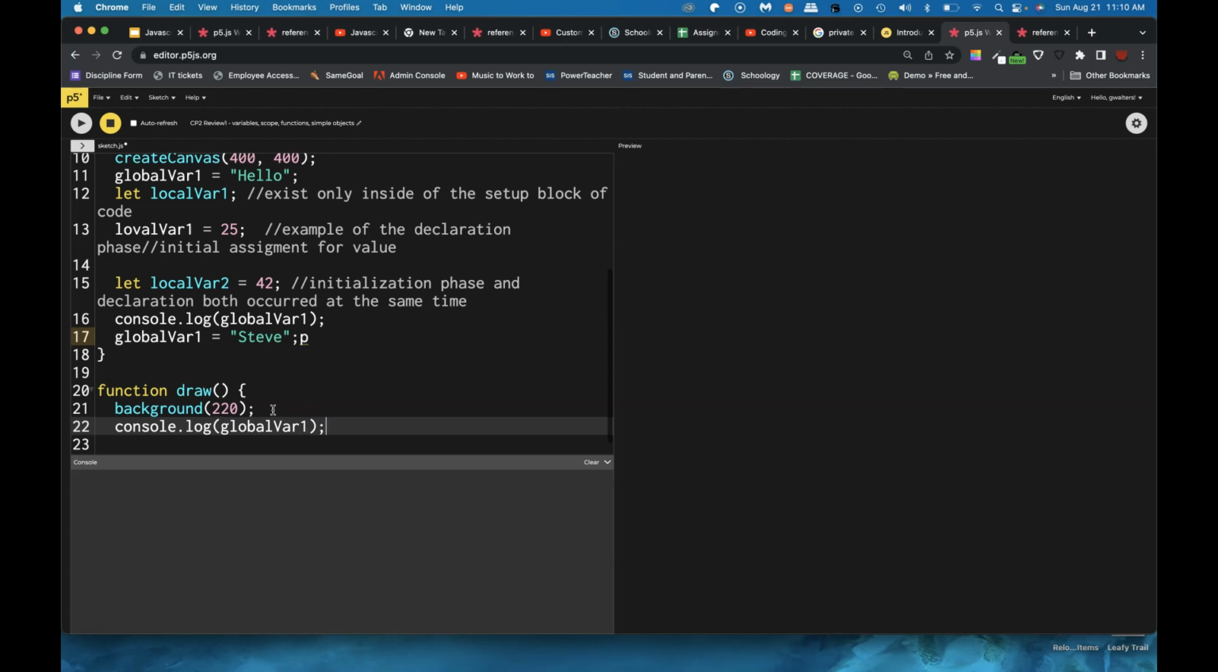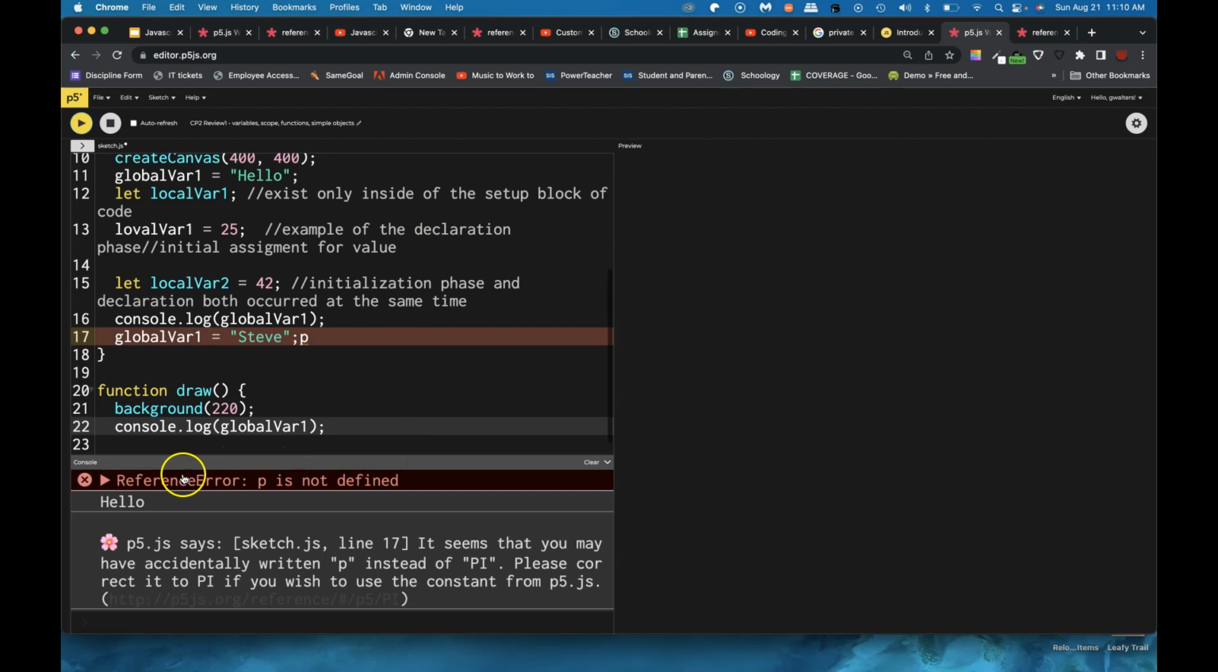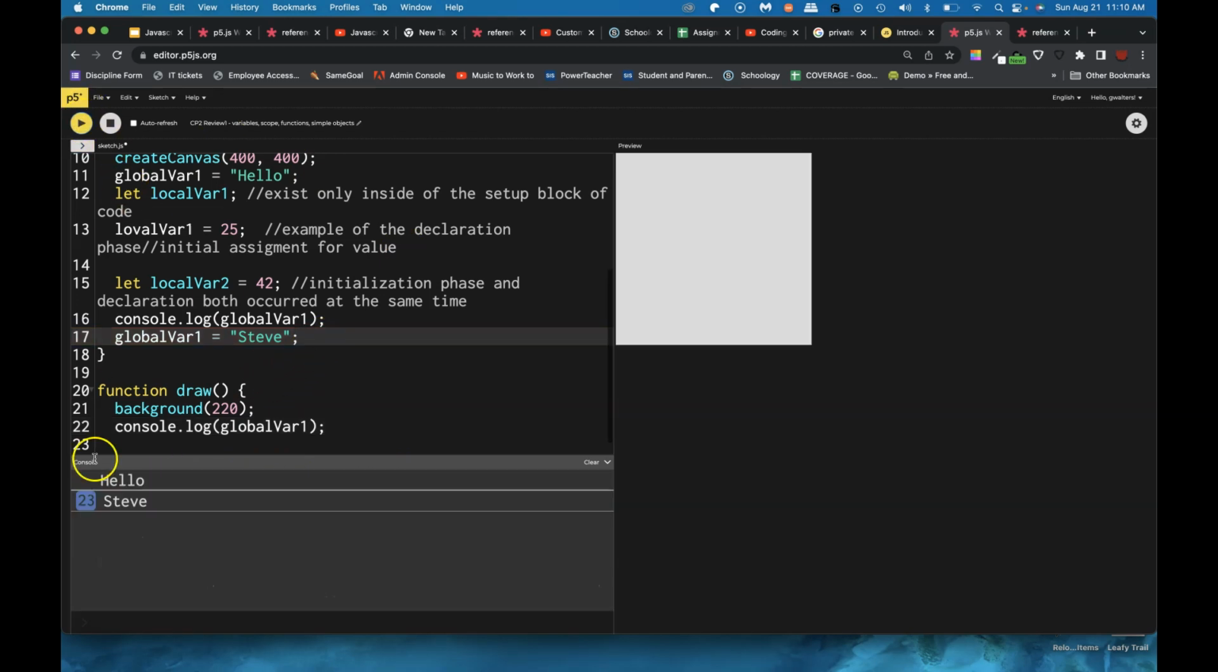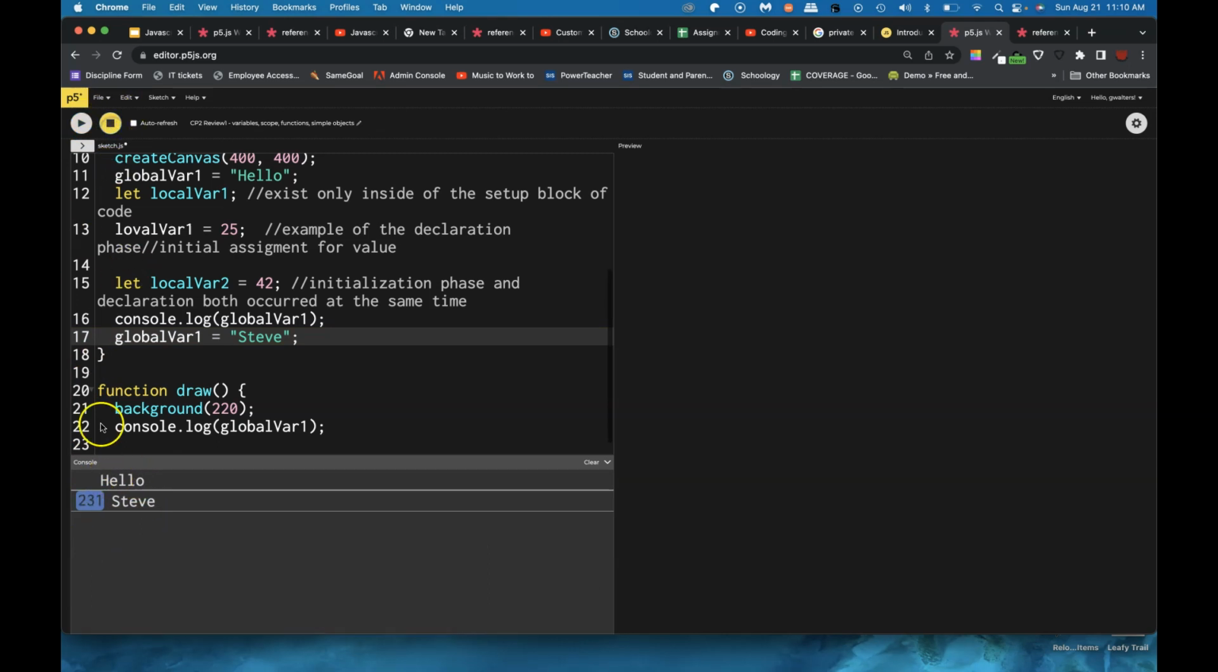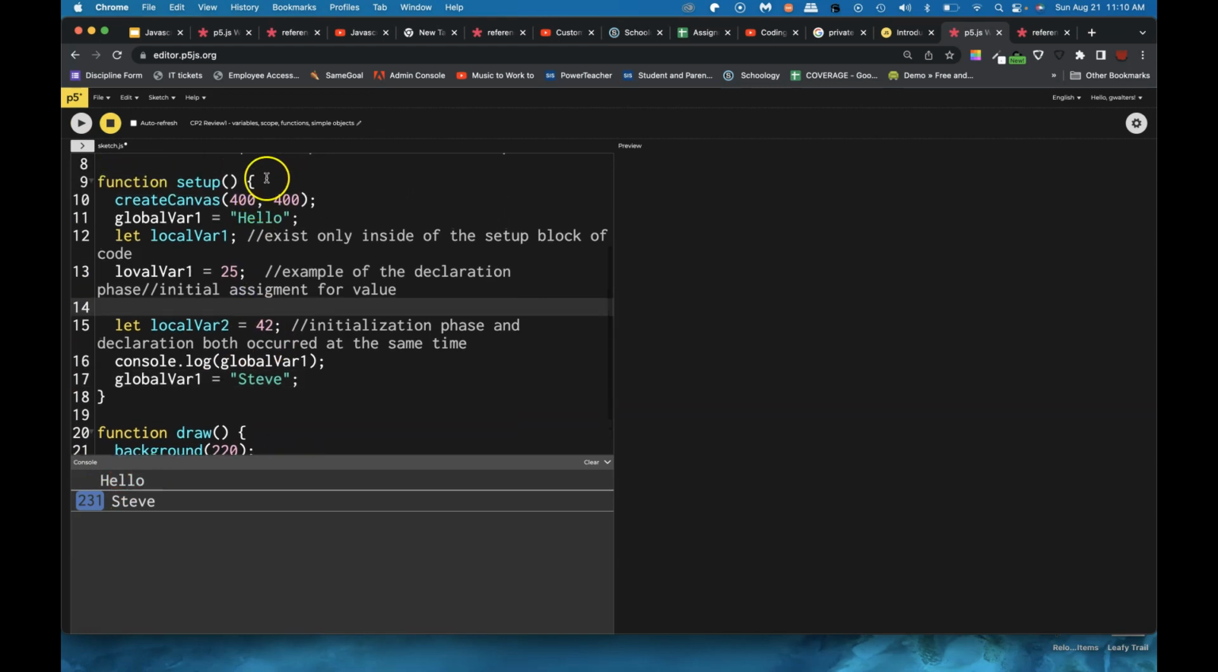Okay, so let's see what that does. P is not defined. Okay, so what we see, I'm going to stop it now. We've seen hello display once. Why did that happen? Because in the setup, we